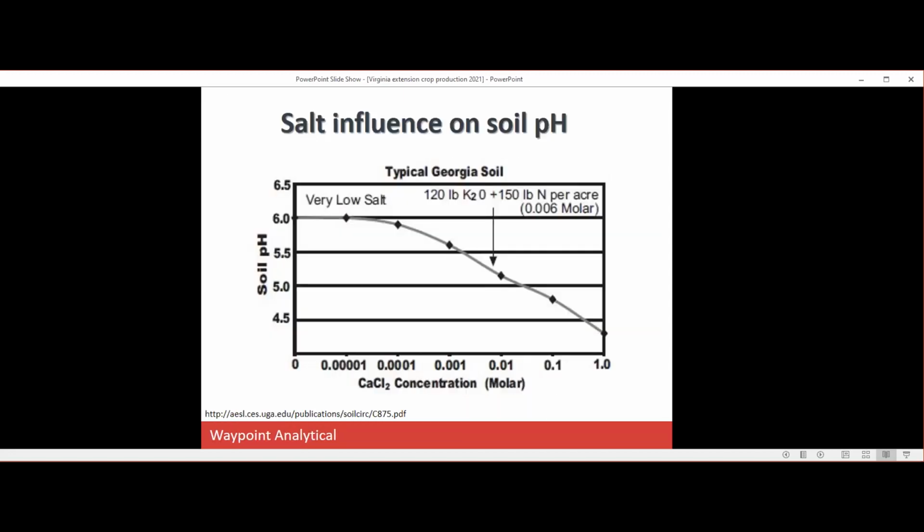The other thing I would like to point out is generally on average, when we take soil samples after a corn crop, we normally see our pHs run about 0.3 lower, especially in a dry season, versus if we have a really wet season. If we take soil samples in the spring, generally we see soil pHs run slightly higher, about 0.3 in the spring. So there is going to be variation between what the pH will be after a corn crop in the fall versus what the soil pH will actually be in the spring after it gets a rainfall, because it will leach out some of the salts and the pH will actually increase from it. So please be aware that sampling in the fall and the spring are going to lead to slightly different pHs.